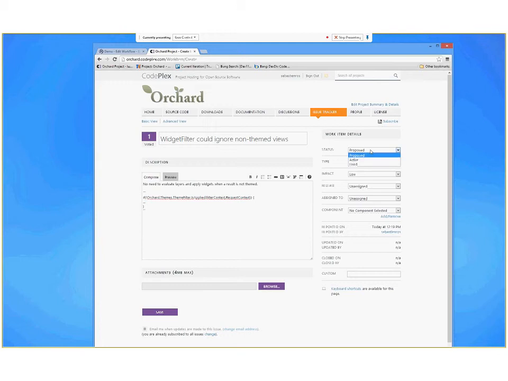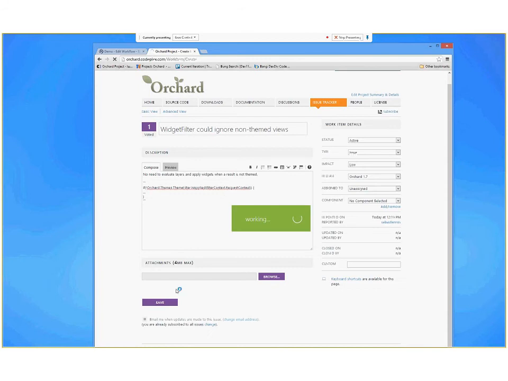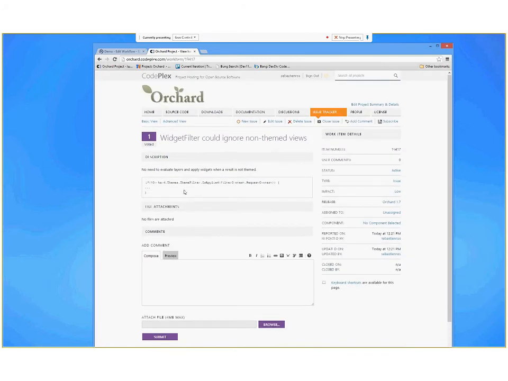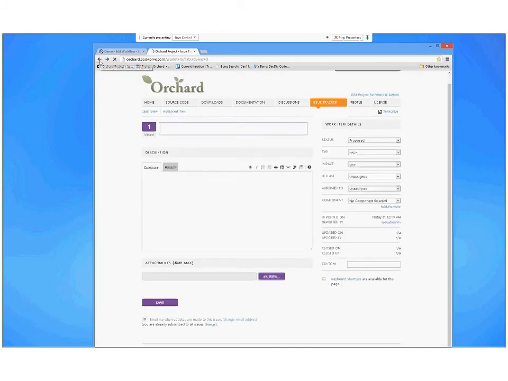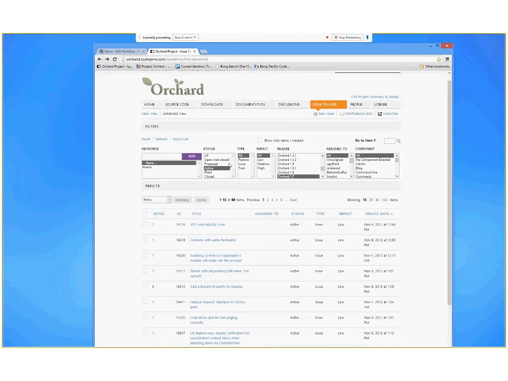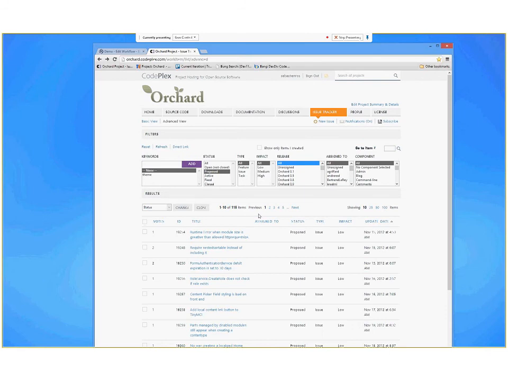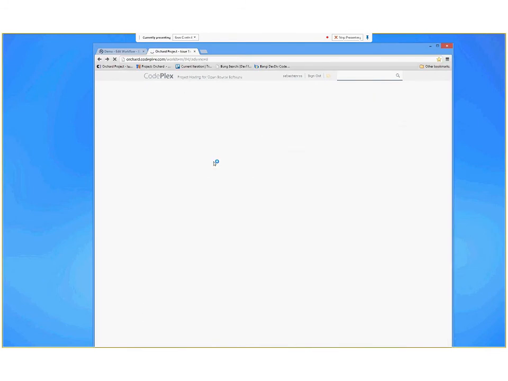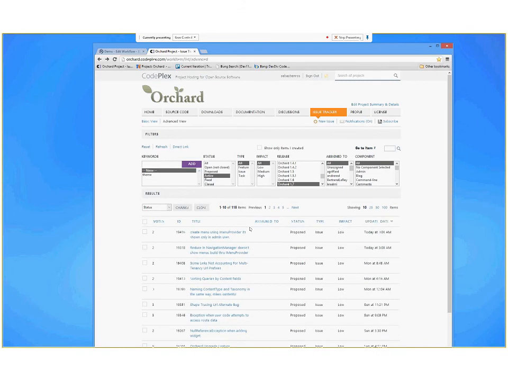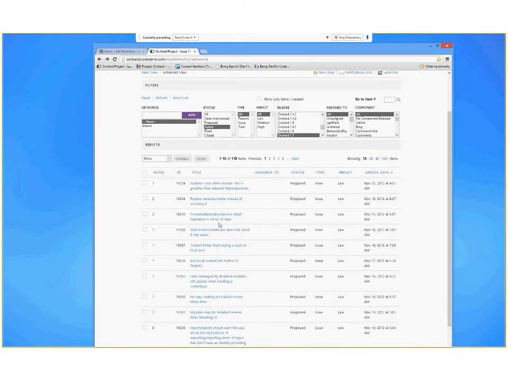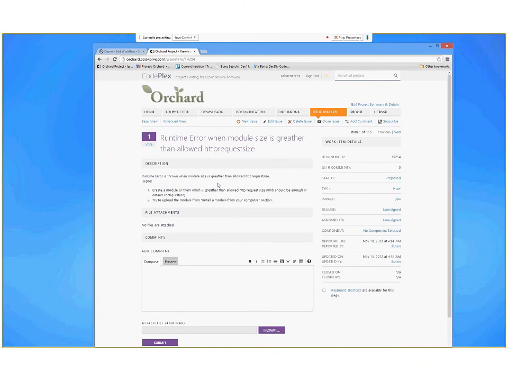And status active, release 1.7, save. Okay, so we were there, advanced Orchard, proposed, all. Okay. Oh, I wanted to start with the old ones. No, these are the old ones. Okay, so runtime error when module size is greater than allowed